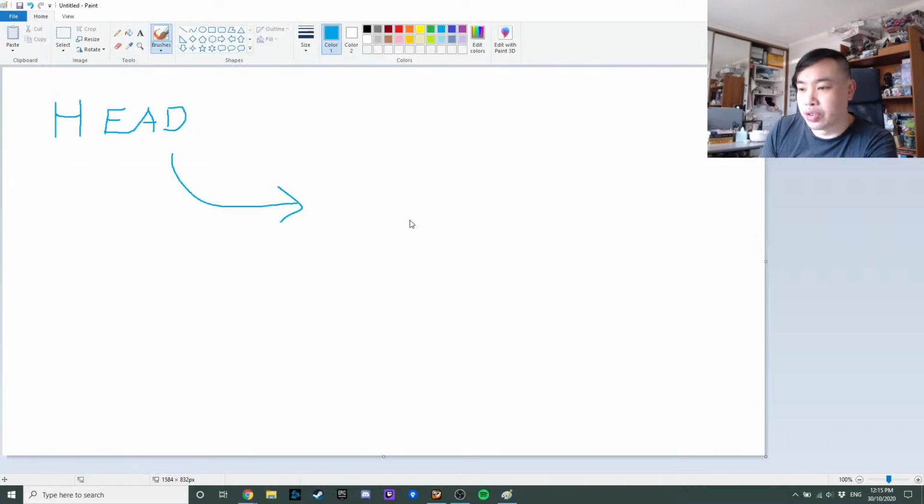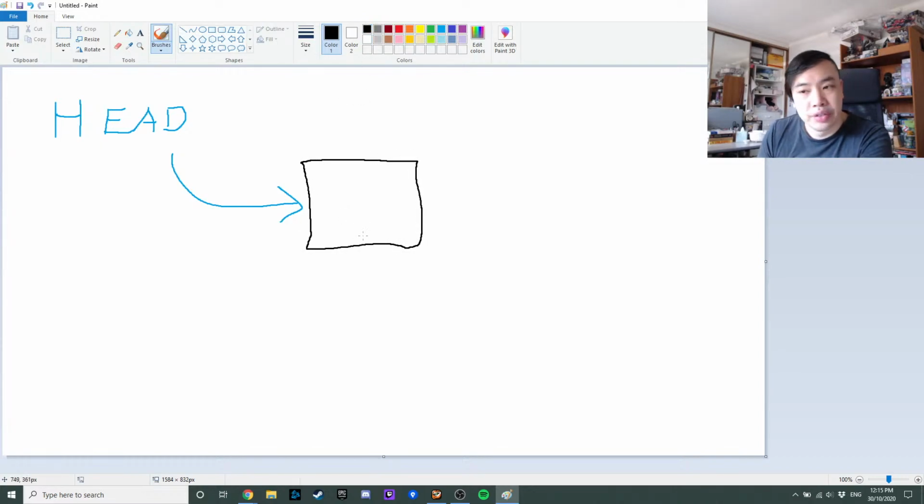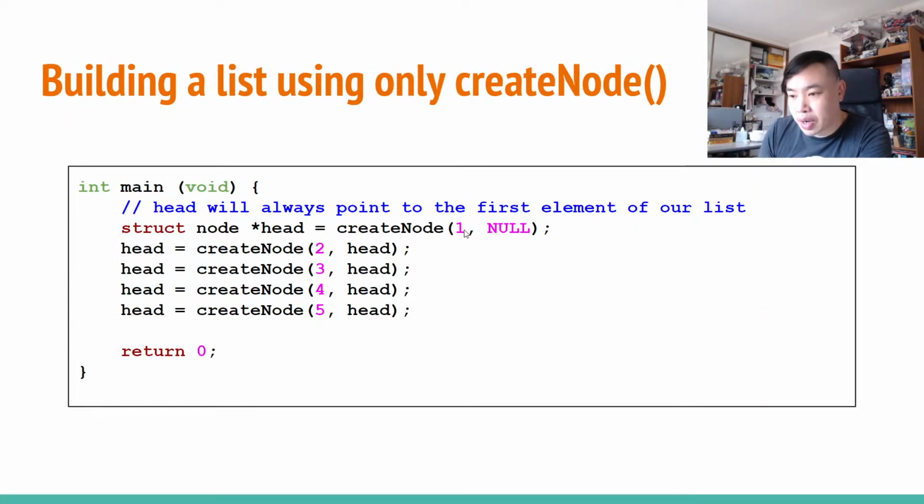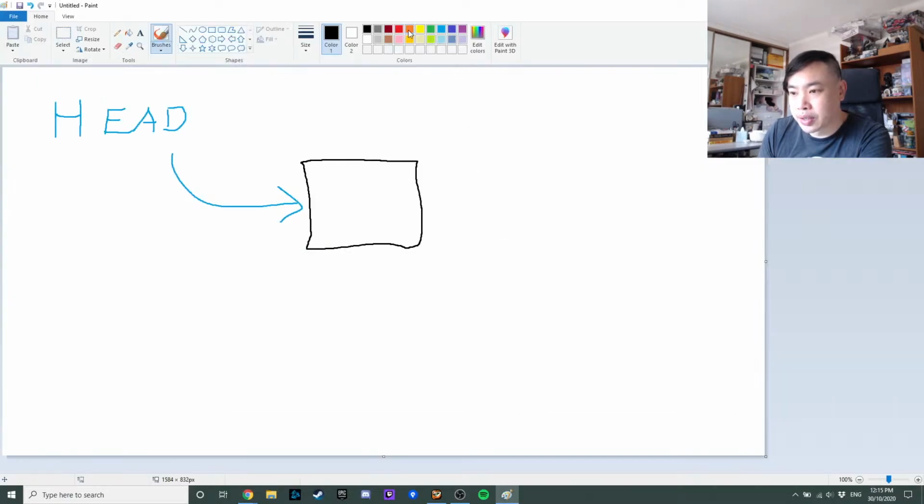So create node is going to memory allocate some memory there, and my head pointer is going to be aimed at that memory. It's going to have the number 1 and a null pointer. So let's just say it's got the number 1 in it, and then it has a pointer coming out of it